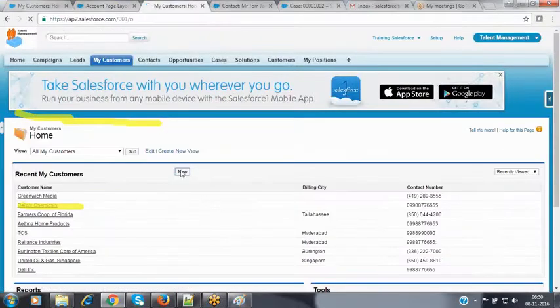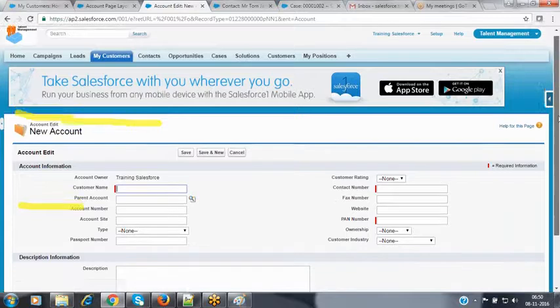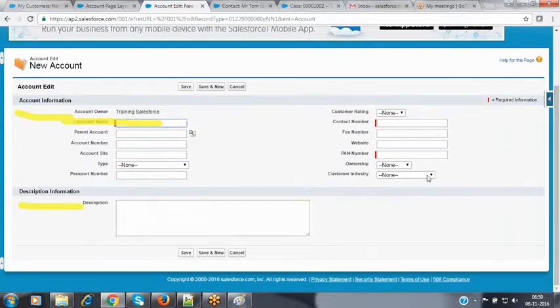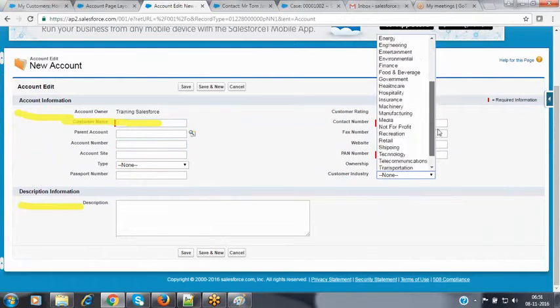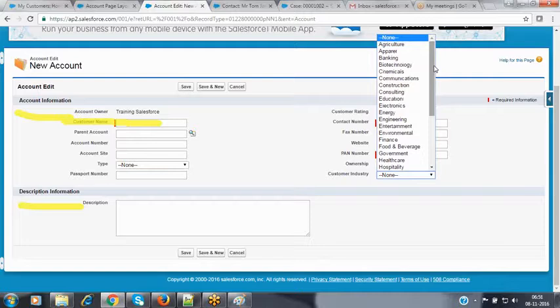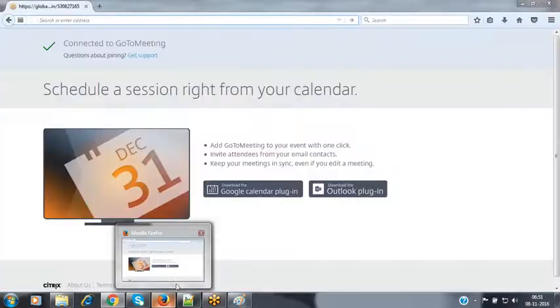So now when you click on the new button and select the existing customer type, when you click on continue, it is providing the industry pick list also, the customer industry. When you expand that, it is providing all the industry names to you. What happened is that we are able to customize the pick list values depending upon the record type selected by the user. So this is the way we can configure the record types inside our Salesforce. Now let's come to the remaining concepts here. Whenever I'm configuring the record types, what will happen in Salesforce?